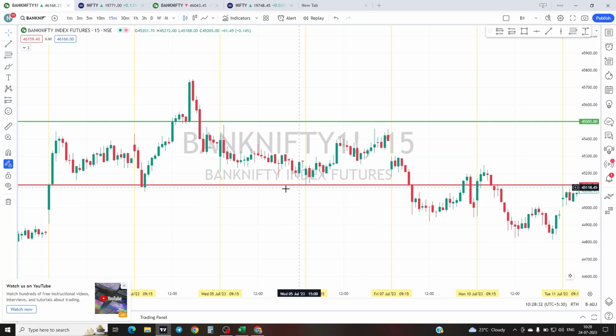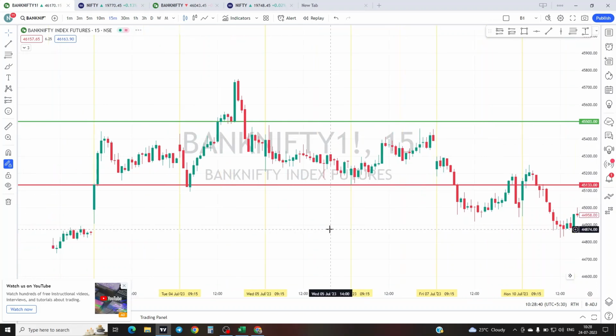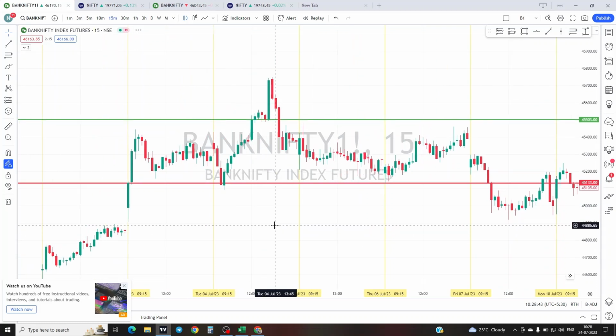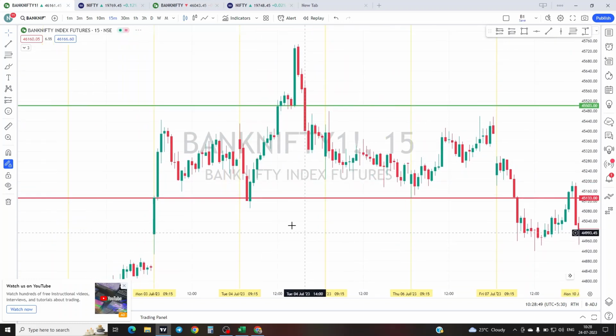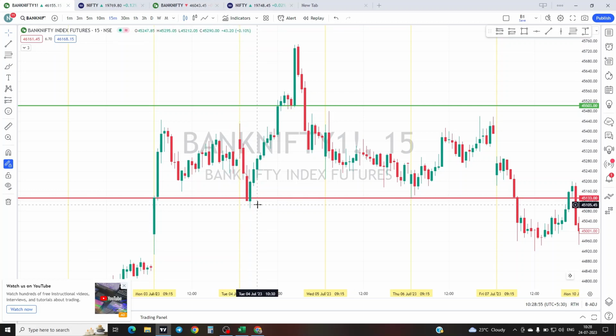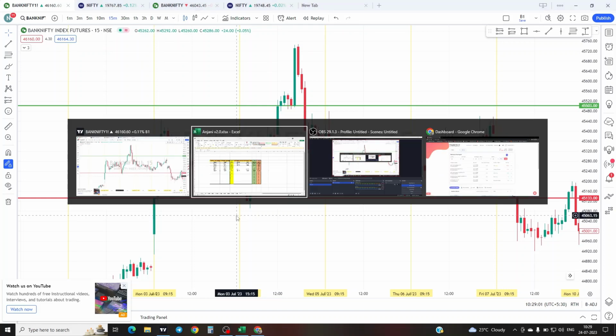See, the market did not come to the levels. It was completely sideways there, and we were safe because we didn't trade that day. If you had traded, you would have ended up making losses only. So this was a decent up move. Let's see what the levels are. To check on fourth levels, we need the previous day closing. Previous day closing is 45286